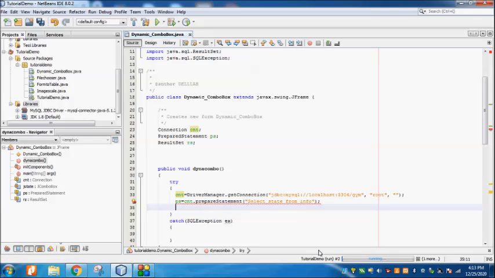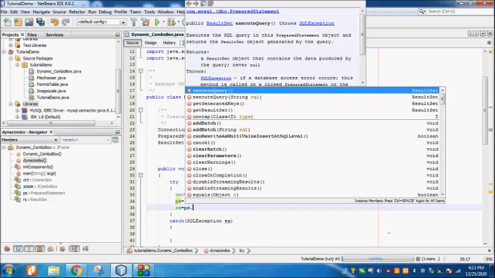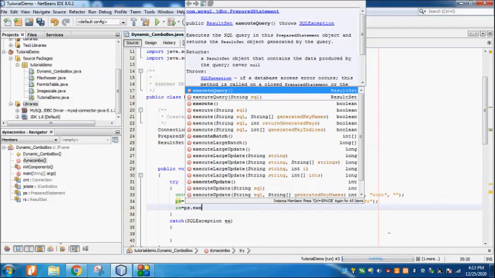Now after that you create a result set. So rs, ResultSet, is equal to the prepared statement, so ps dot executeQuery.